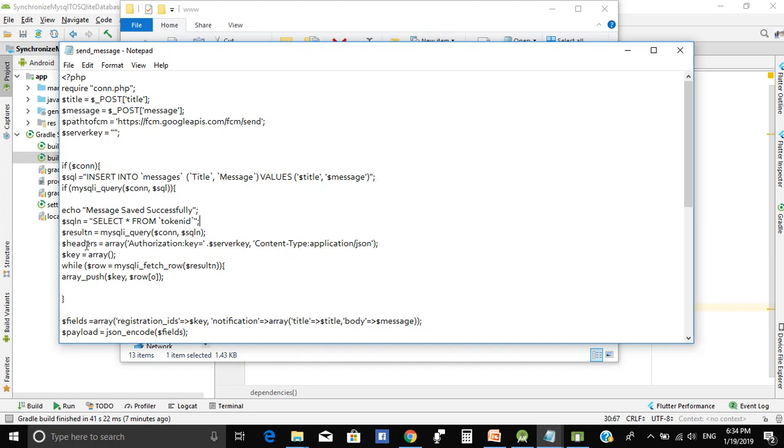And create variable result as query of connection and SQLN to collect the token IDs, and create variable headers as array containing authorization key equal to the server key, and we will add it here. And type content type application JSON,